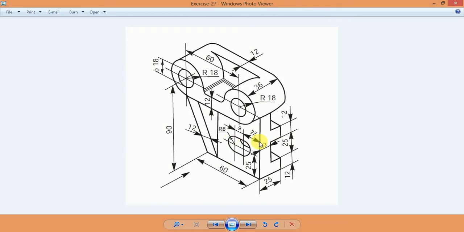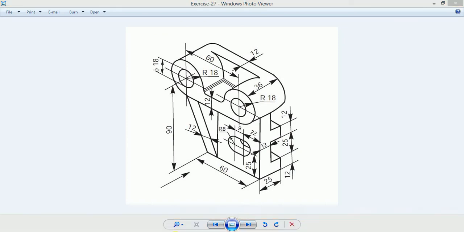Now make this extruded part. This edge is connected with this back face, so we draw the rectangle 12 mm by 16 mm. This center is the same for both, so we make this center to center square and extrude up to 90 minus 18 mm. To subtract this radius from this center, we find this value, extrude.